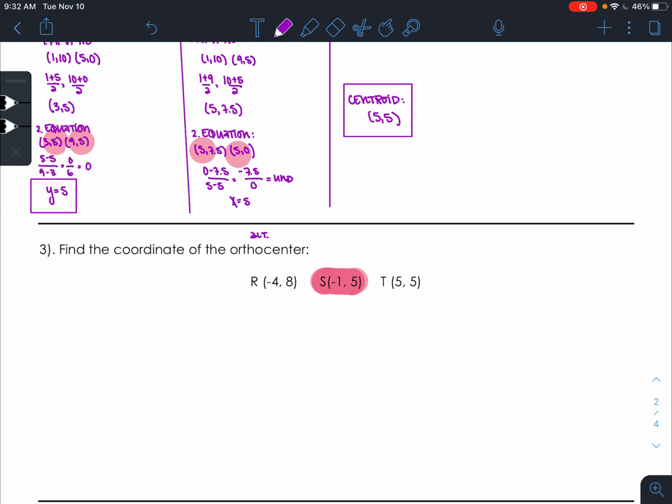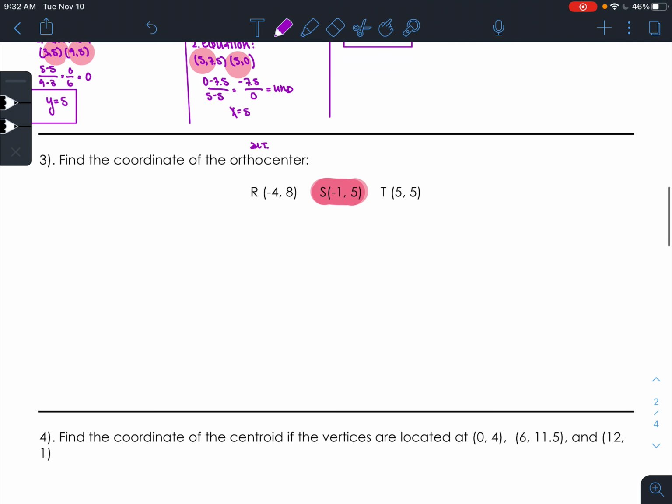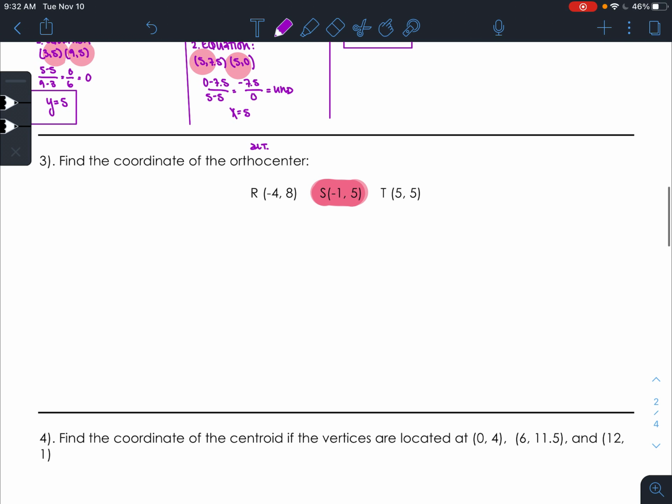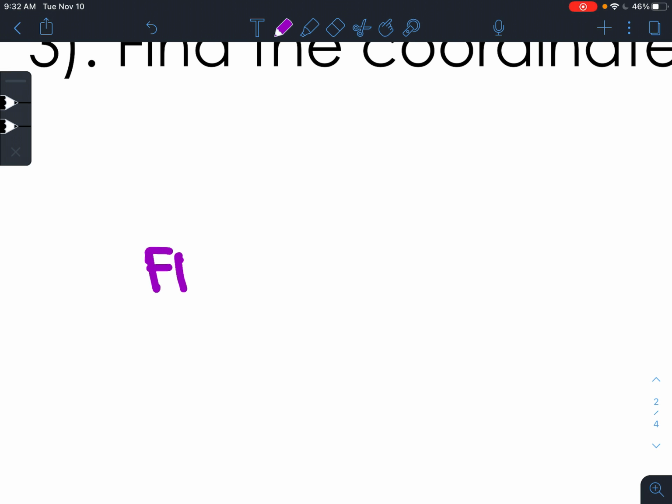Okay, guys, so we are here on number 3, and again, this is just going to be a review, all right? So here we go. We now need to find the orthocenter, which means that we need to find the intersection point of two altitudes, okay? So what I'm going to do is pick any point that you want to go from. I'm going to start with going from R,